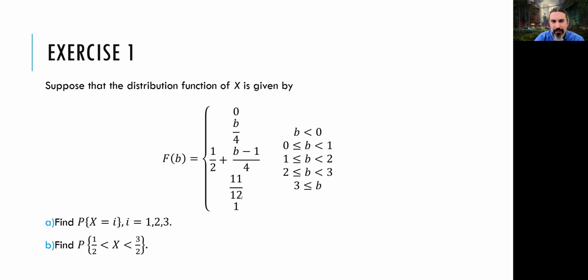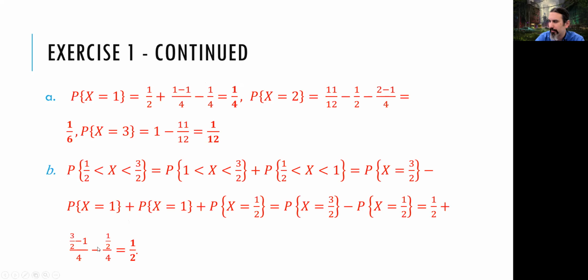So I'm taking a look at 1 over 2. For 1 over 2, I know that it's 1 over 8 from here. Okay, it's 1 over 8. For 3 over 2, here it's 5 over 8. When I pick 3 over 2, it becomes 5 over 8. So the difference is 4 over 8, which is 1 over 2. As you can see, it's 1 over 2.